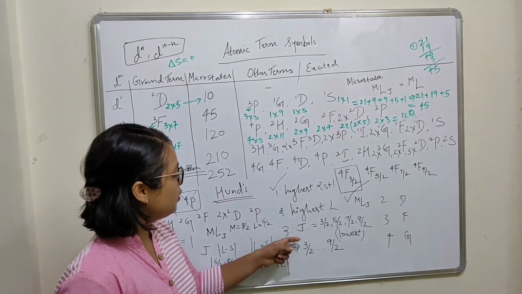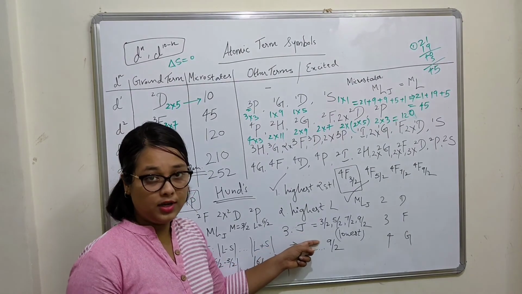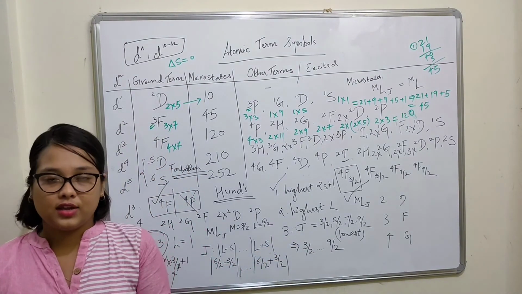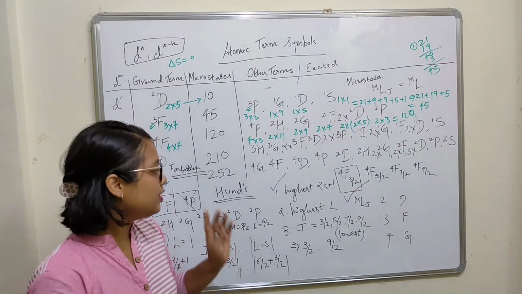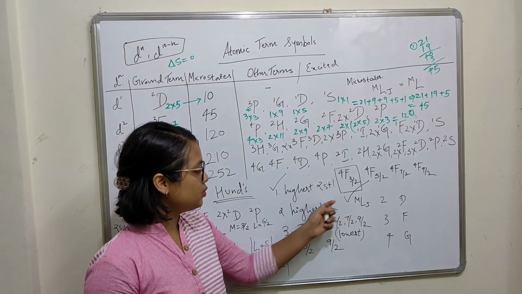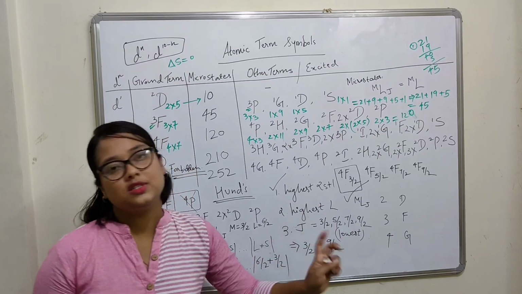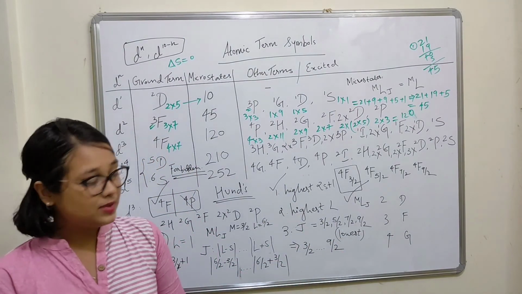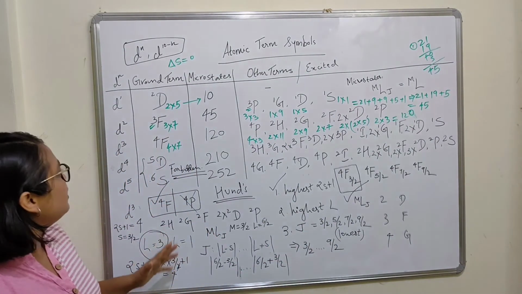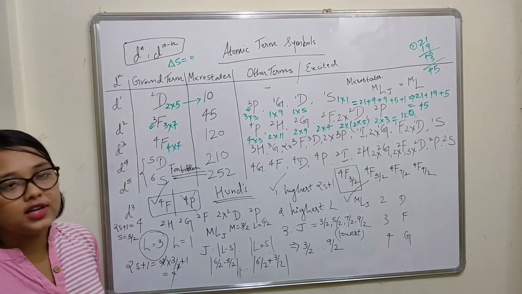Okay. So only the third Hund's rule is a bit different. Instead of considering the highest value, we are looking for the lowest value. So I'll repeat, highest value of 2s plus 1, highest value of L. But lastly, we are looking for lowest value of J. Okay, I hope that was clear to you all. You can try a similar method for D2. You can try it for D4 as well.